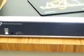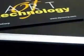Now these are the instructions for the GW9004 from Great Wall Security. This is the DVR 4 channel. Let's see that. GW Security sells this DVR, 4 channel. Comes with